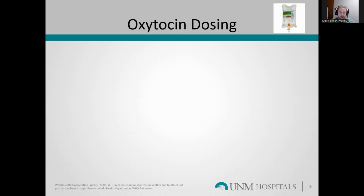Let's talk a little bit about oxytocin dosing. If you have a patient rolling in with no IV access who's experiencing a postpartum hemorrhage, you can go ahead and just give the oxytocin, 10 units intramuscular. Oxytocin works a lot better when it's given through an IV site, so only use this if there's no IV access, you lose IV access, or you're establishing IV access and need